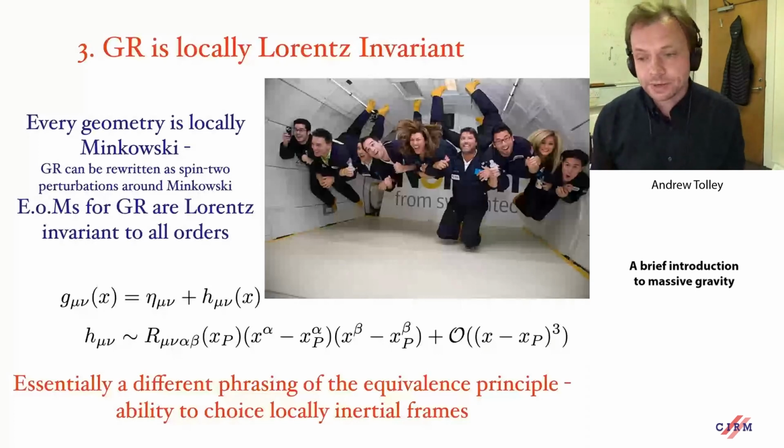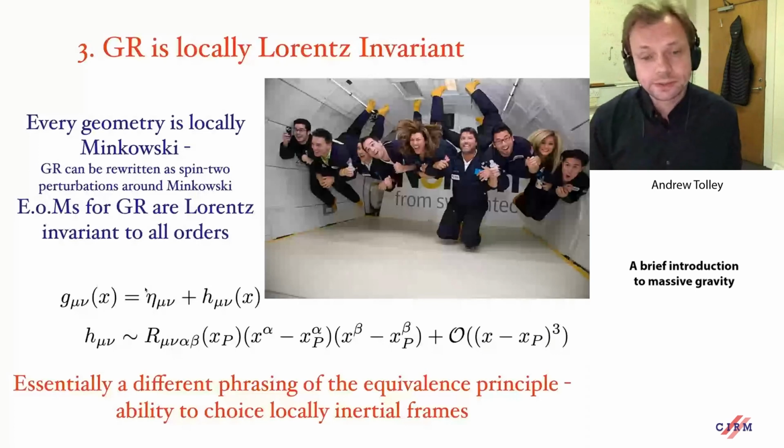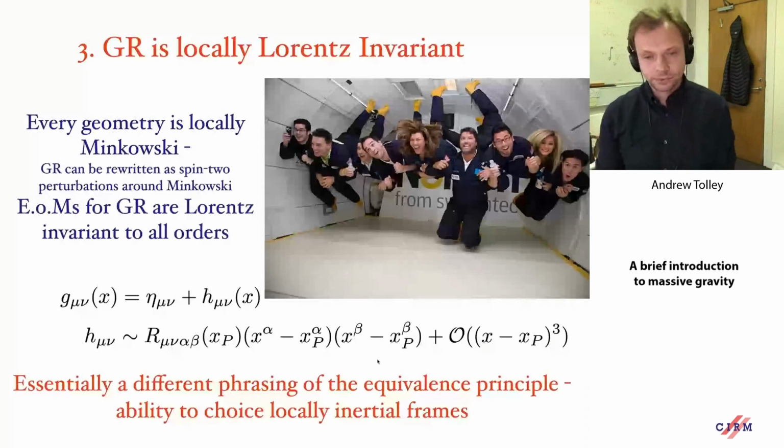So for example, around some point in space-time xp, I can change coordinates so that the metric around that point has a Taylor expansion, where the first term in that Taylor expansion is the Minkowski metric. The linear term is 0. I can choose coordinates always so that's true. That's the Christoffel symbols vanishing. And then the next order term comes in at quadratic order in the departure, with the coefficient being the Riemann curvature at that point. So that's essentially what's describing a locally inertial coordinate system,